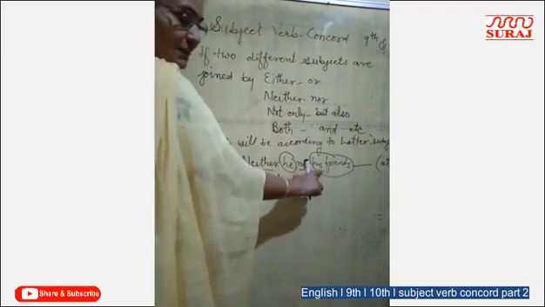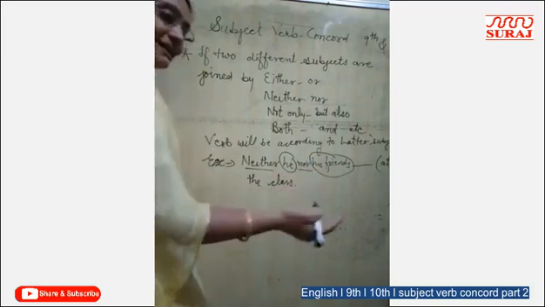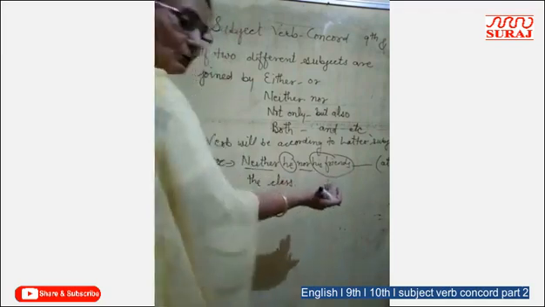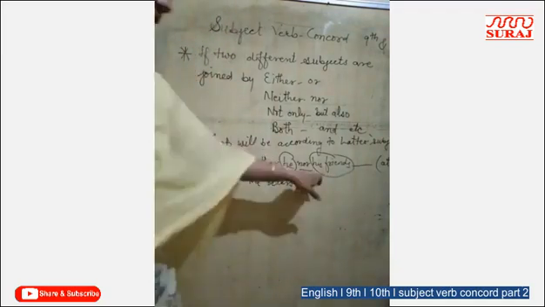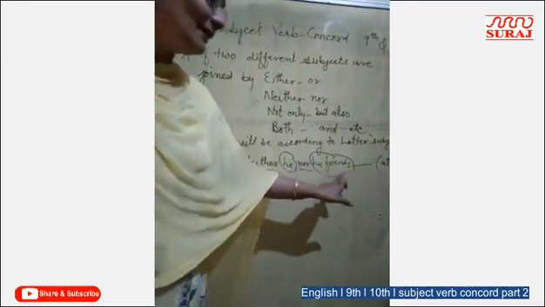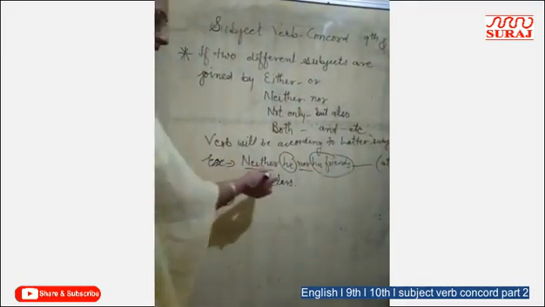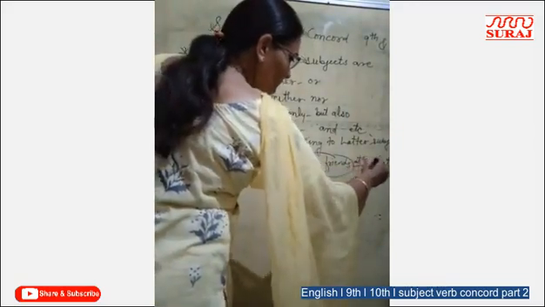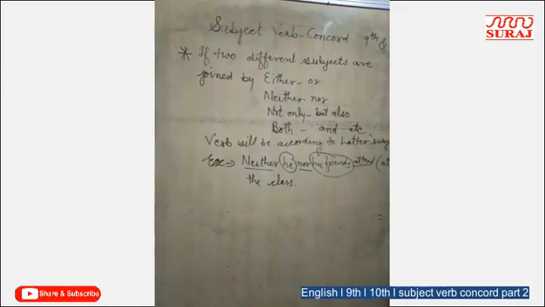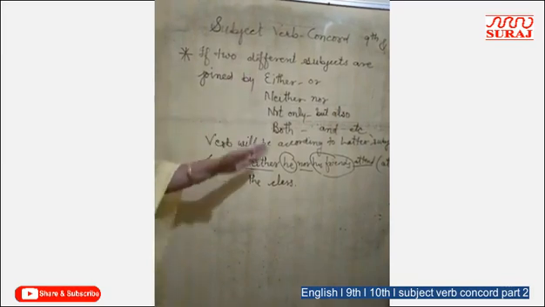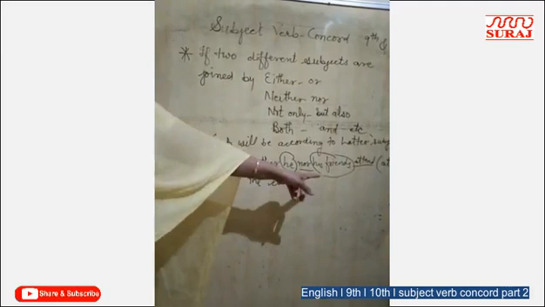Later subject कौन सा हुआ? His friends, right? और nearest to the blank space, blank space के nearest कौन सा है? His friends. Is it singular or plural? If it is singular, the verb will be singular. If it is plural, the verb will be plural. So it is plural. That's why I will use here: neither he nor his friends attend the class. Clear? In the rule we have learnt that if two different subjects are joined by one of these words, then the verb will be according to the later subject. Clear?